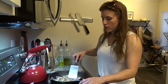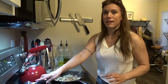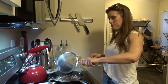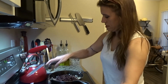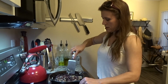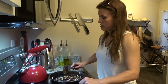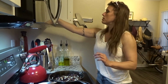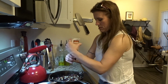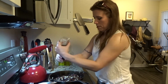So that's going. It's already starting to get a little translucent. So now we're going to add our beans. Just grab your beans, pour them in. Stir them up, and then we will season them. And I like to hit them with, we're going to do some salt, as with anything. Okay, salt, some black pepper,